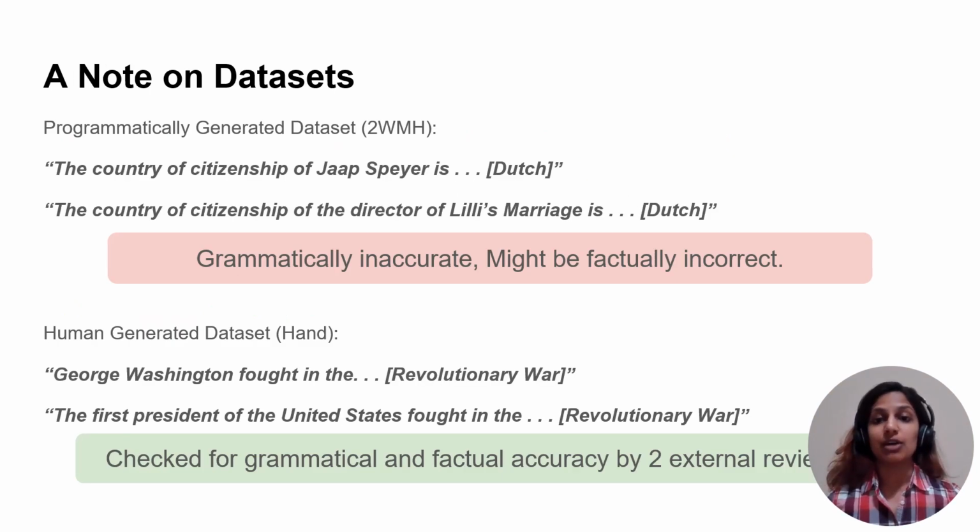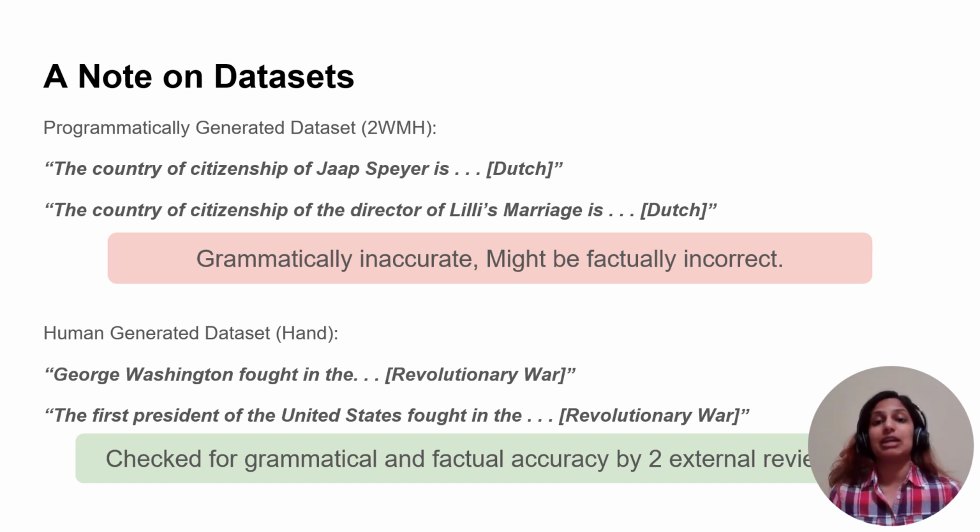Before we jump into the meat of how to reverse engineer the model's behavioral differences on multi versus single hop prompts, we wanted to include a quick note on datasets. We used two datasets in this work. One programmatically generated dataset, which we call 2Wiki Multi-Hop or 2WMH. Examples of prompt pairs in this are "the country of citizenship of Jaap's bear is Dutch," and "the country of citizenship of the director of Lily's marriage is Dutch." You might have noticed that the answer to these prompt pairs is grammatically inaccurate. Additionally, once again, this was a programmatically generated dataset and has not been checked by human reviewers, so it may